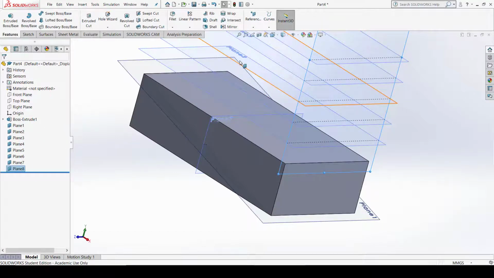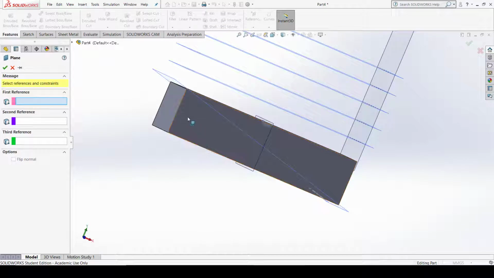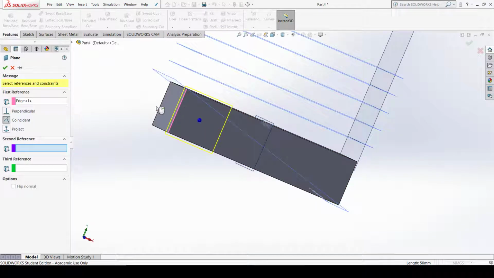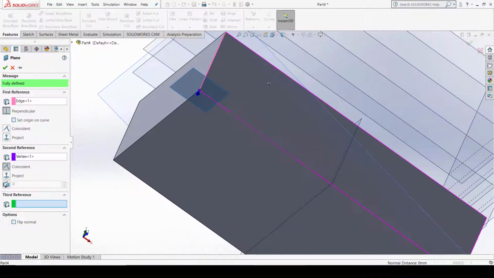Okay, then again press escape to end the command, click on the reference, click on the plane. Now I have to select the plane with this edge. Now what I do, I want this point. So what happens now, I select the edge, I select the end point or vertex, the plane is perpendicular to that edge.